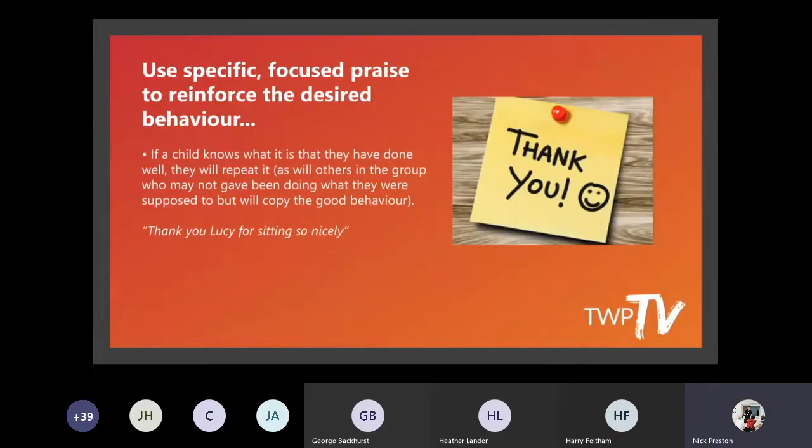So it's really important. You'll get children that are misbehaving, and they'll be misbehaving for a couple of reasons. They'll be misbehaving because they want your attention, and that's what we can give if they do it right. So if they do it nicely, we can thank them for that. We can also make sure that if they are struggling with the activity and they want to get your attention in a different way, to bring you away from the activity so they don't have to do it, so they're going to get the attention from their group for a different reason, we need to then highlight those children that are doing it right. So it's really important that your praise is specific and reinforces the desired behaviour you want to achieve.